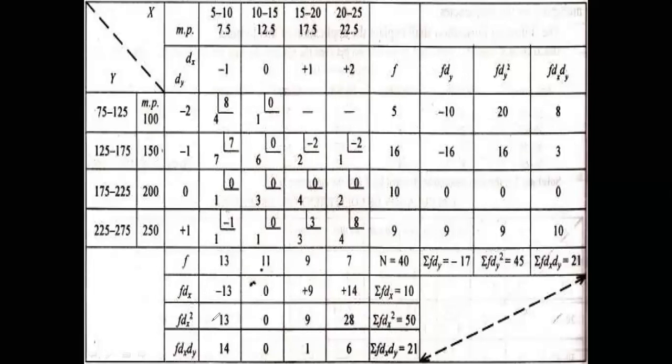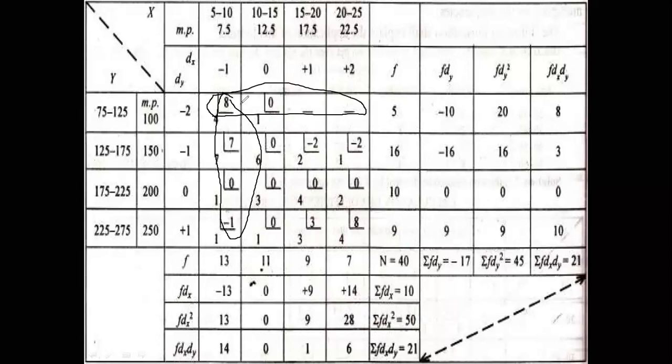What we need to do for calculation of f dx dy? We need to do the summation vertically as well as horizontally. Again, I'm repeating, you have to do the summation vertically of these blocks and horizontally for each and every row. If we do so, we will get the value of f dx dy very easily.